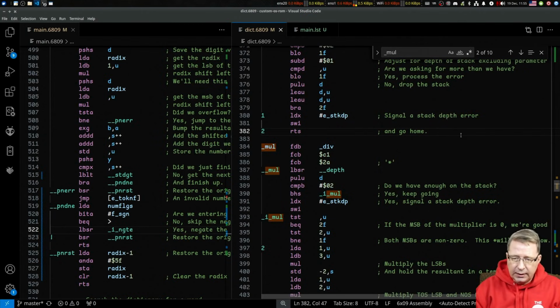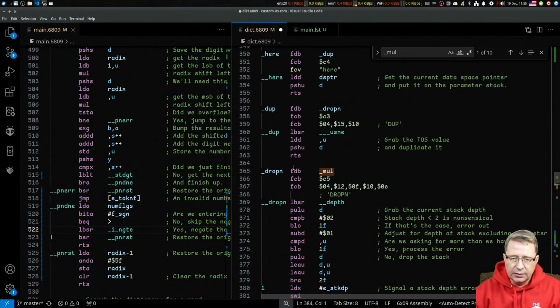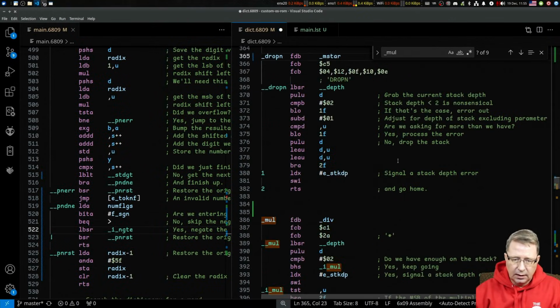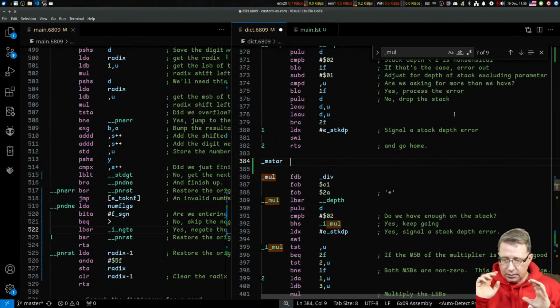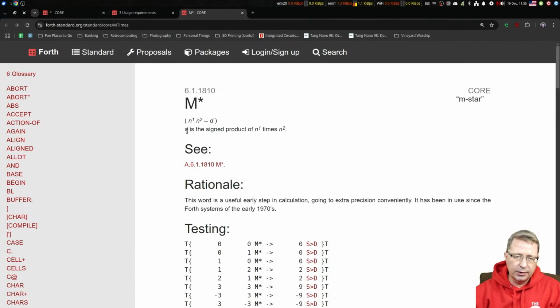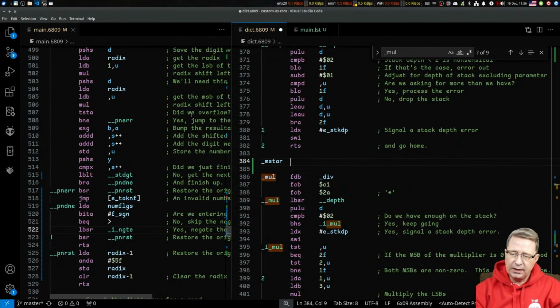So there is a word in, let's see. So this one looks at mul. I'm going to have you look at M star, and that is going to be our actual multiplication. What we will do is take two 16-bit wide numbers, which is two cells, multiply them together, and bring them into a double precision number. These are signed numbers, so we will be sign extending our result. D is the signed product of n1 times n2, and you'll notice that this only does signed numbers. So if we take our M star,